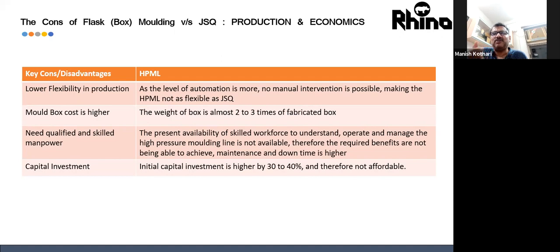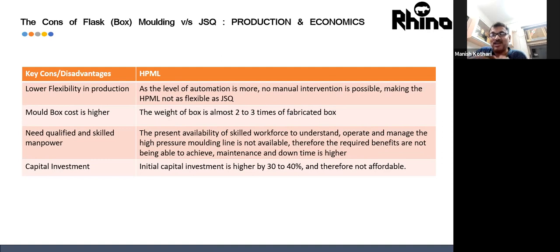My cost of manpower goes up, particularly when we are talking of fully automated lines, where this is much more relevant. This is something which we have addressed in the simple standalone machines, where we are not requiring very high skill. It's only a matter of discipline. You maintain your oil and your dimensions. Apart from that, you don't need very high skill manpower. The same technicians who are working in the foundry can be trained and adapt to this machine very easily. And in fact, I think it's much simpler than maintaining a Jolt Squeeze machine.